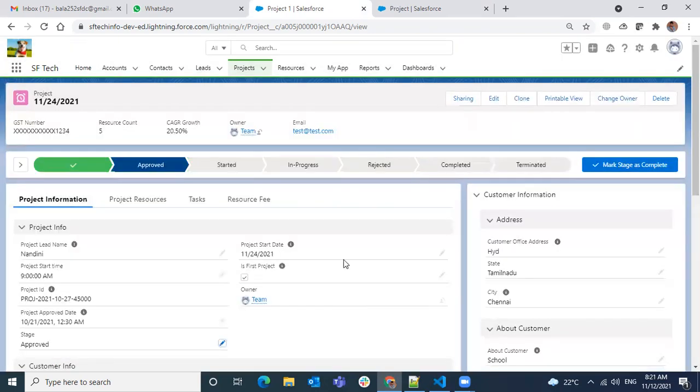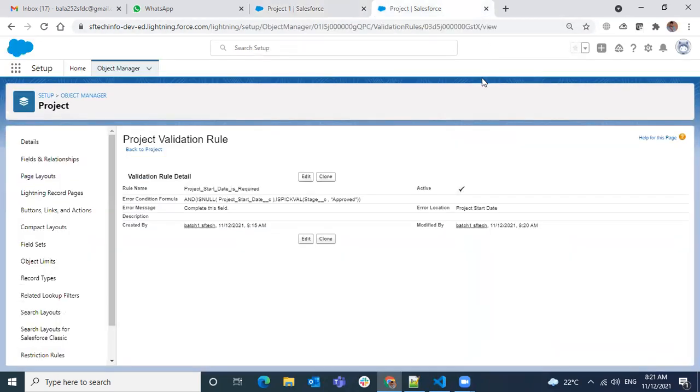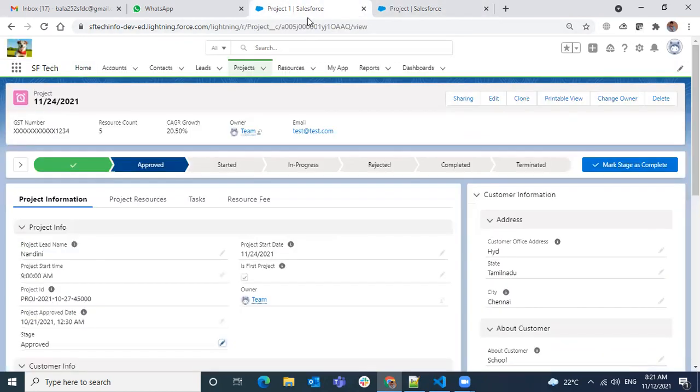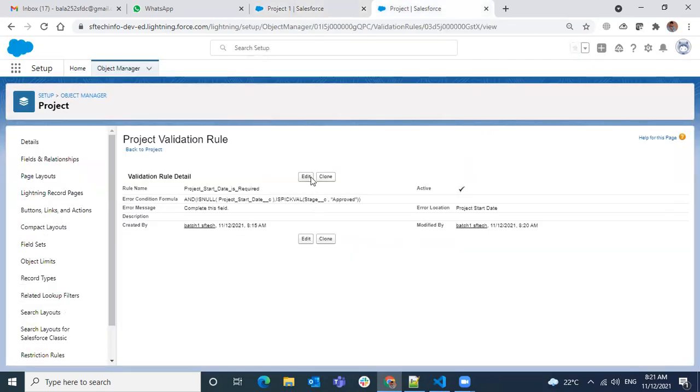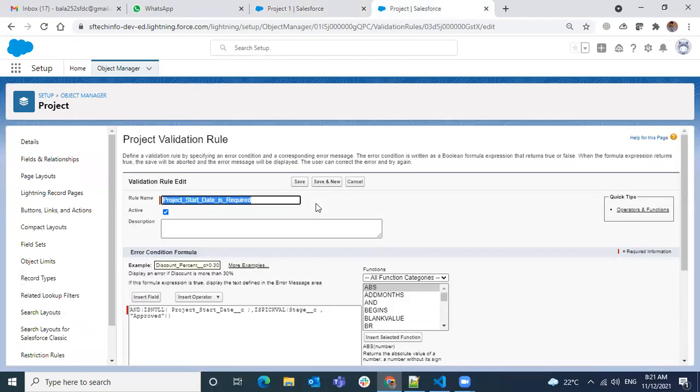Okay, so now again, I want to make one more condition. Even though it's upload, I want to make project start date always be a future date, not in a past. I wanted one more check.